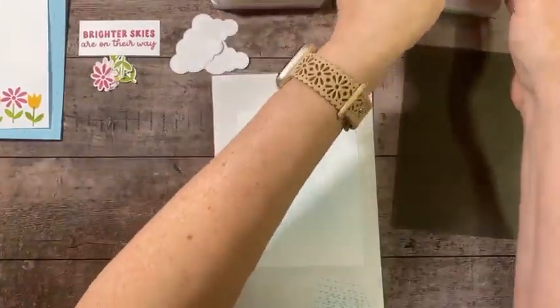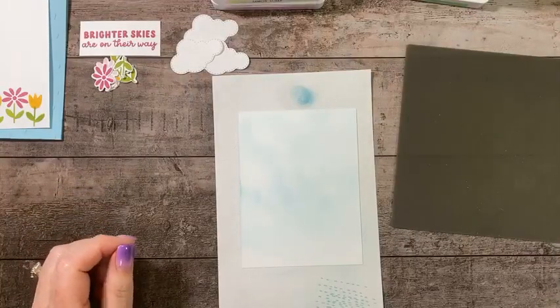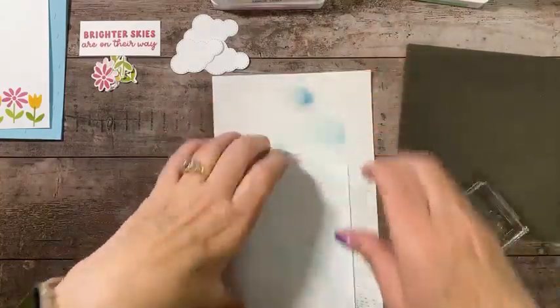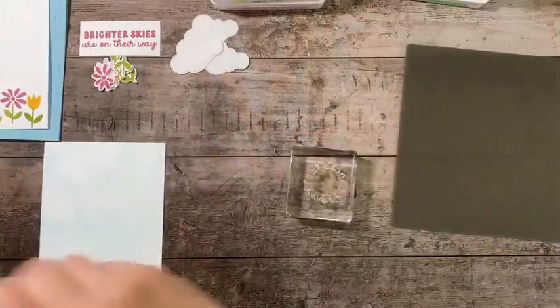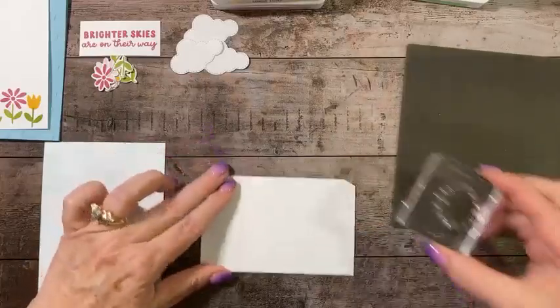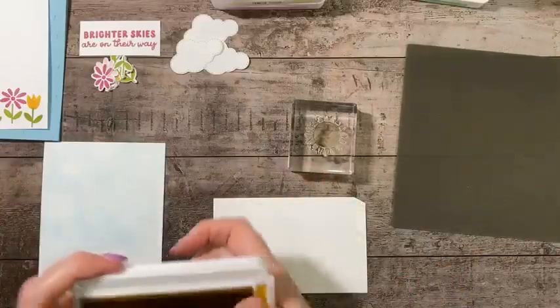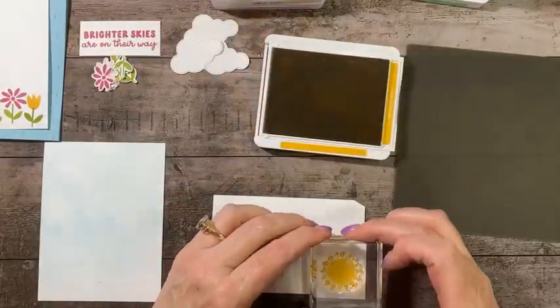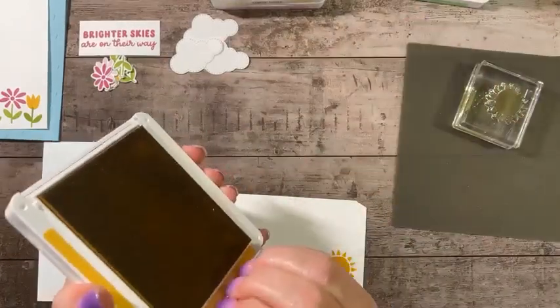All right. Now we're going to bring in the, well, before we do that, let's stamp and die cut this at the same time. Okay, let's do that. We are going to take a piece of basic white here, and I'm going to take the crushed curry ink. I'm going to stamp this sun, just like this. Okay,